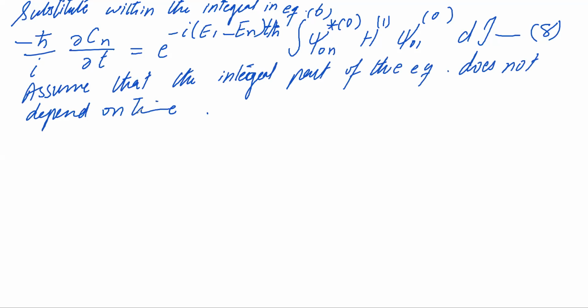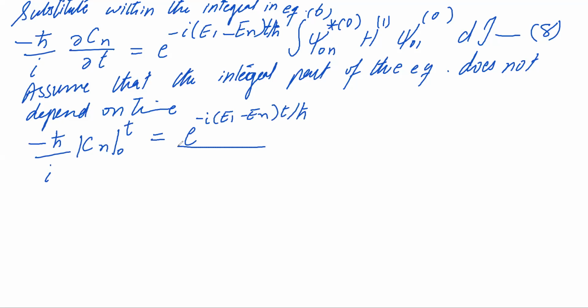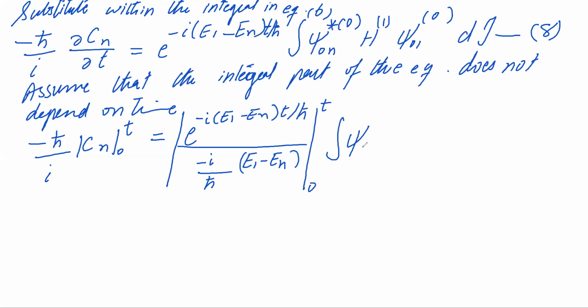So therefore integrating we get minus h bar over iota c n from 0 to t is equal to e raised to minus iota E1 minus En into t over h bar divided by minus iota over h bar E1 minus En, and this is from 0 to t, and we have this h superscript 1 and psi 0, 1 with the superscript 0. So this then becomes